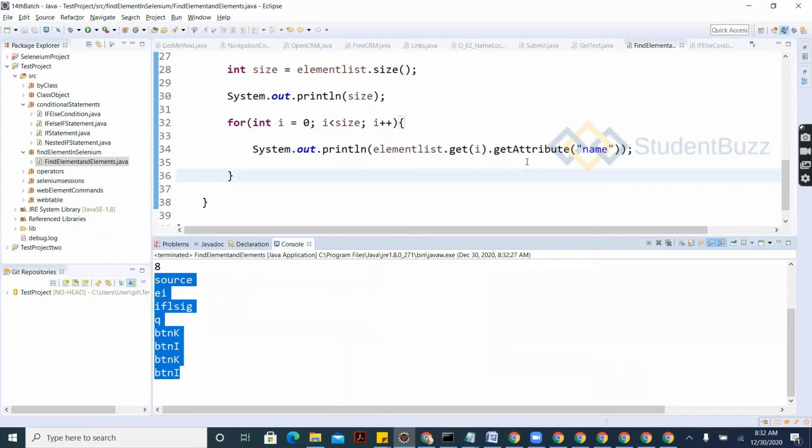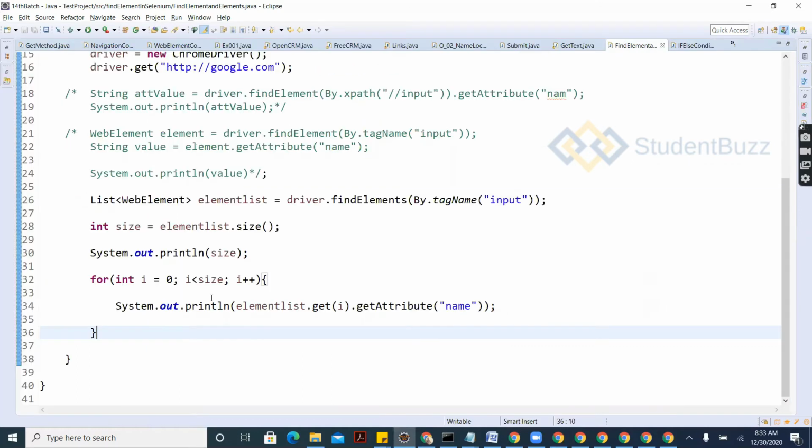And if you want to click after listing it, you can also do the click operation when this attribute name equals or contains some value, and then do your operations. We'll look into that in later sessions.